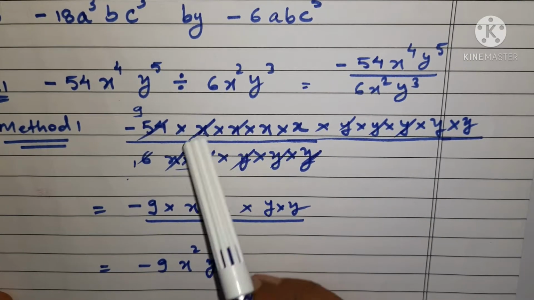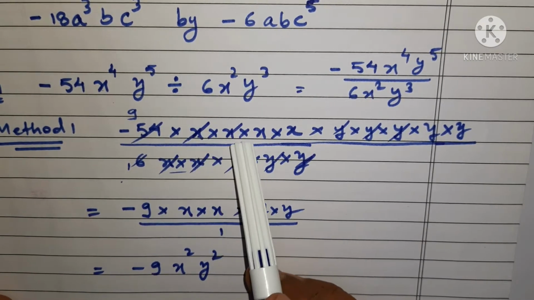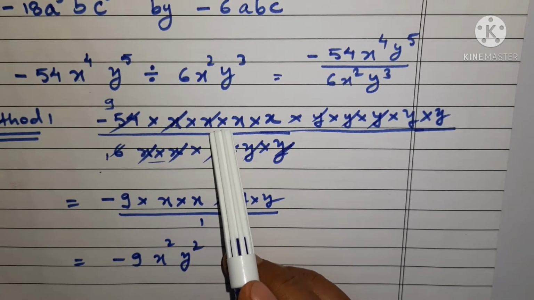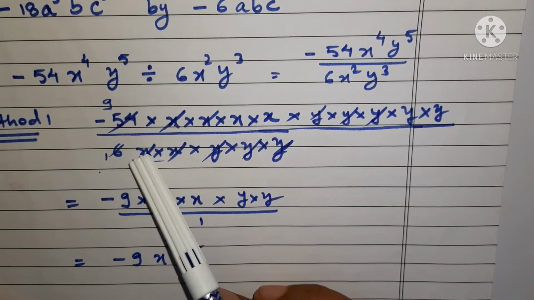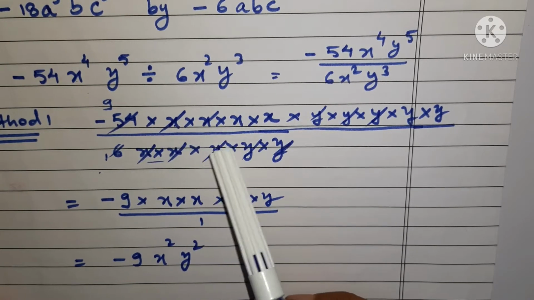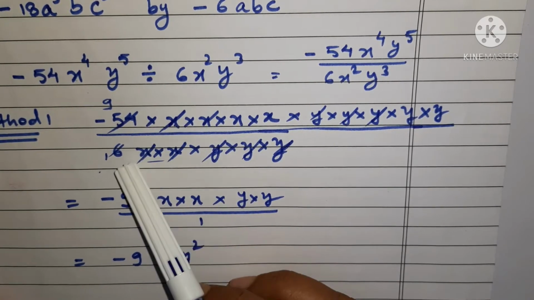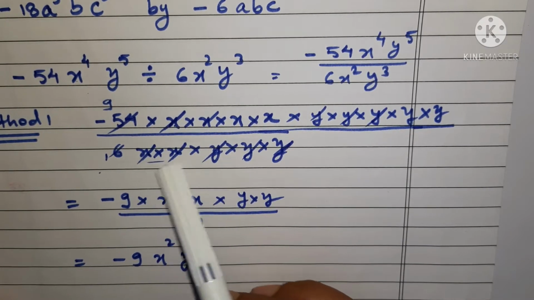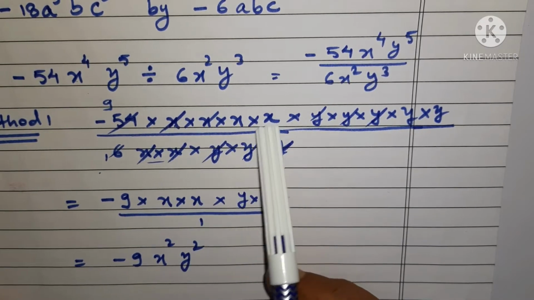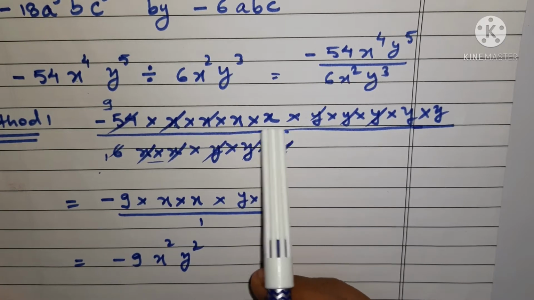What else is there which can be cancelled out? After this you are going to cancel, or divide, the literal coefficients. तो यहाँ पे जितने भी variables कट सकते हैं हम उन्हें काटने की कोशिश करेंगे. You'll cancel out this x, you'll cancel out this x. Further, no x is there in the denominator, so you will be remaining with 2 x's in the numerator.